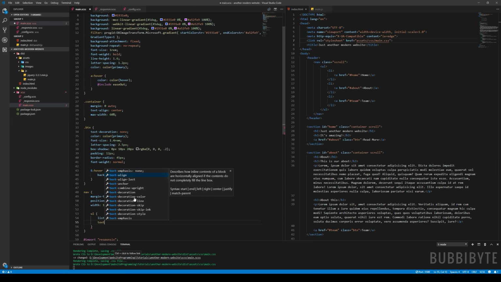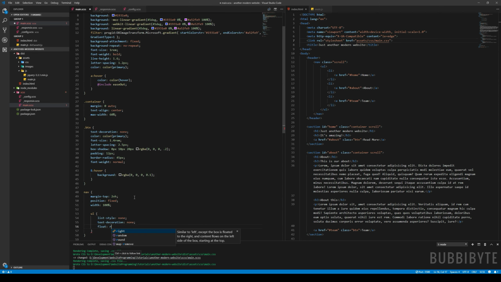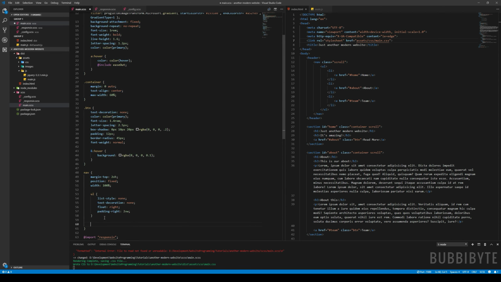Say text decoration, set that to none, add float and set it to float on the right side of the screen, and then we'll use padding right, and again I will use this view width view height stuff. So let's go here, set the li display inline and set a padding of 1 rem,